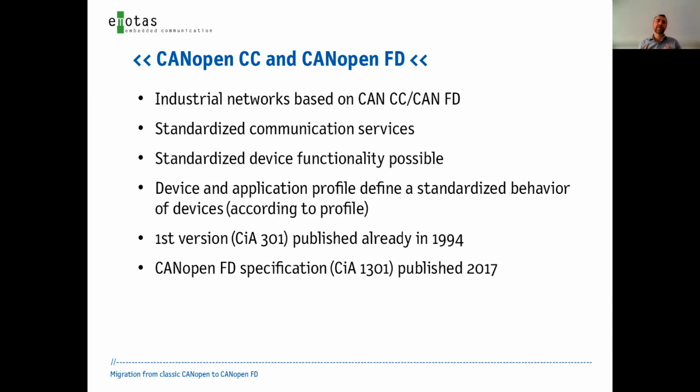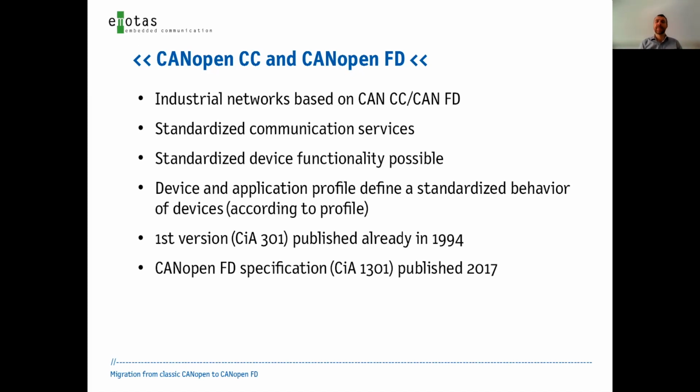So the protocols provide, for example, ways to read and write parameters or to send signals and to receive them in a standardized way. And both classical CANopen and CANopenFD define a standardized device behavior in so-called device or application